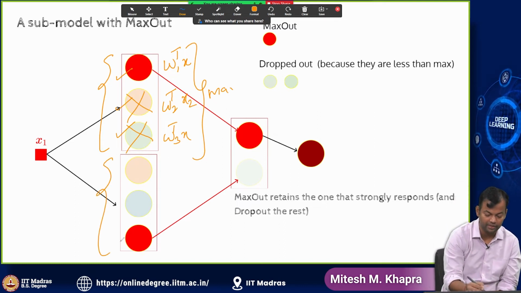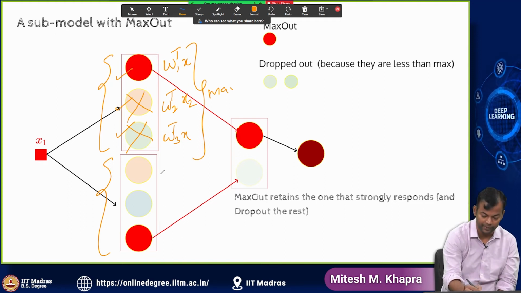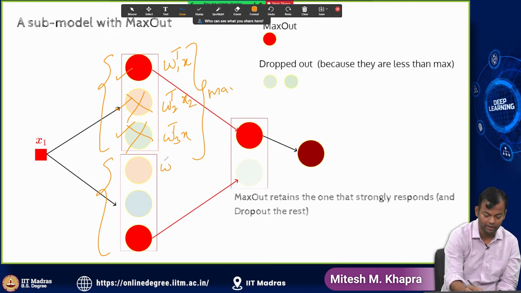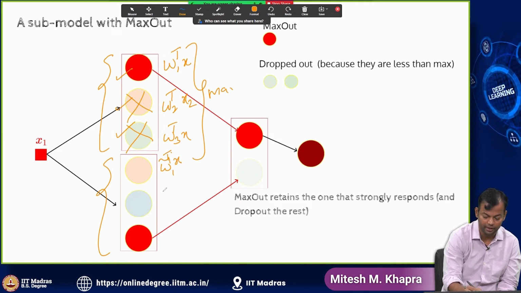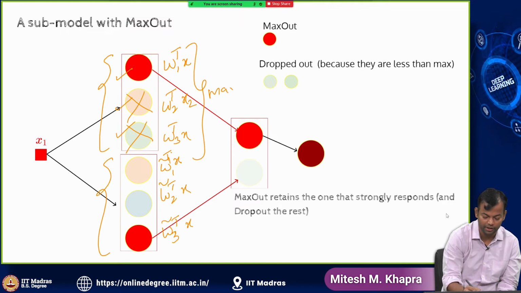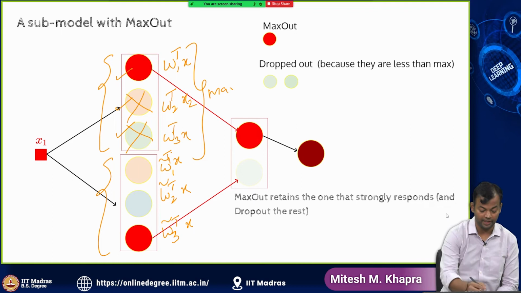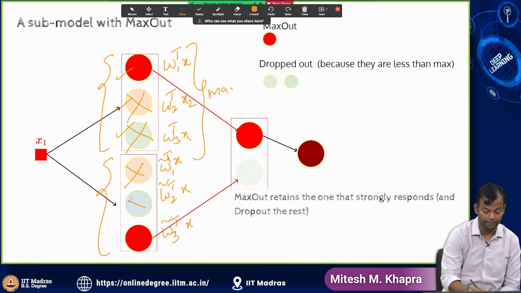Similarly, you have these 2 nodes here, this Maxout neuron, which has inside 3 linear transformations happening. Let me just call them W1 tilde transpose X, W2 tilde transpose X, and W3 tilde transpose X. See here again I had 3 linear transformations, then I just selected the max of those and dropped out these